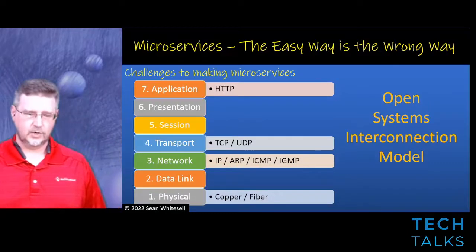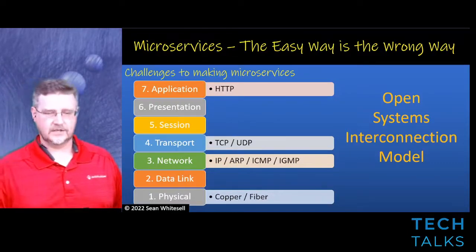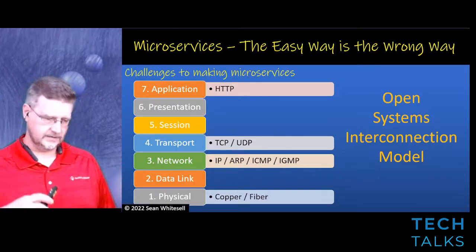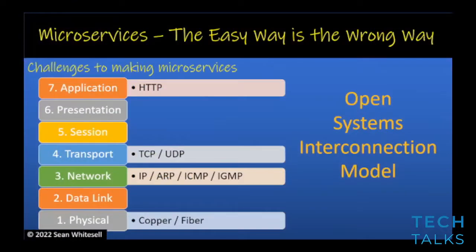So we're talking about the OSI model, that Open Systems Interconnection model. This is a simple 7-layer diagram, if you will, about the network stack. If we start with the physical layer, this is where you're understanding about copper, or maybe it's fiber, and how that kind of medium is used for network communications.